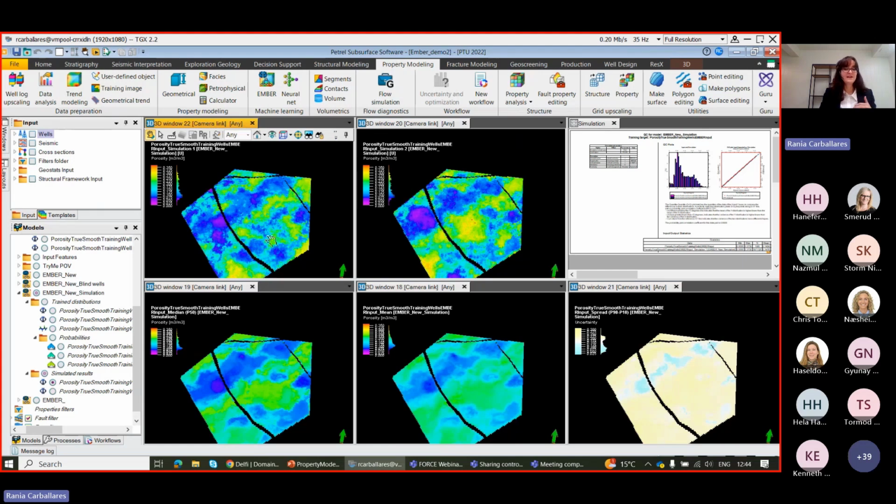And of course, if you have a good understanding of the geological information that you have, and you are expecting certain features, then you can run as many equiprobable realizations of your model as you want to try to capture this, and also